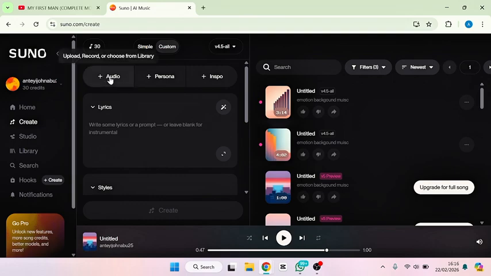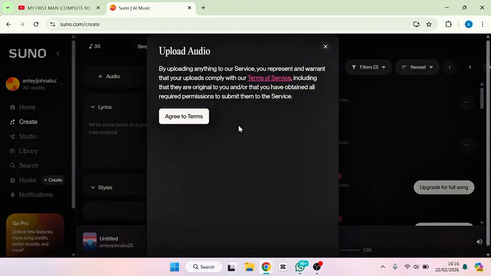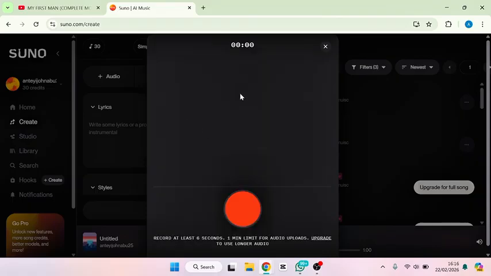So if you look very well, you're going to see audio. Go ahead and click this audio, and if you click the audio, you're going to see upload and record. If you click this record, let's try this record. So agree to their terms and conditions. If I click this record now, you see this red icon. If I click it, they expect me to start singing. Like they want me to give them a sample of my language, either Yoruba or Igbo, whatever, or Hausa. So you just have to go ahead and sing a sample of your language. That is what they want me to do.